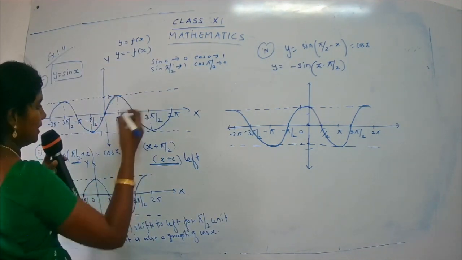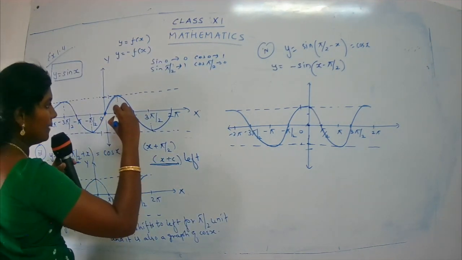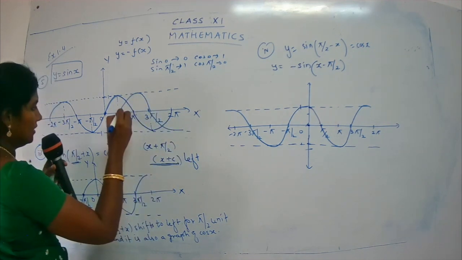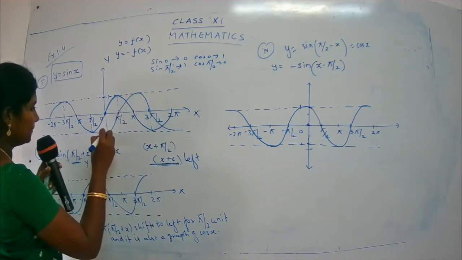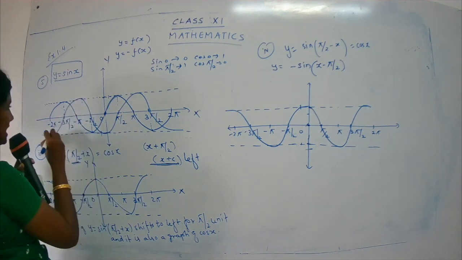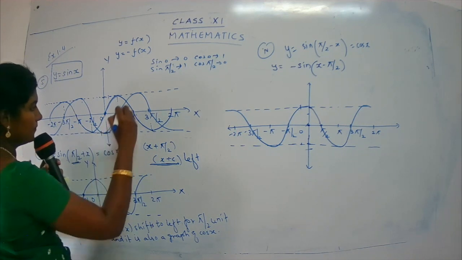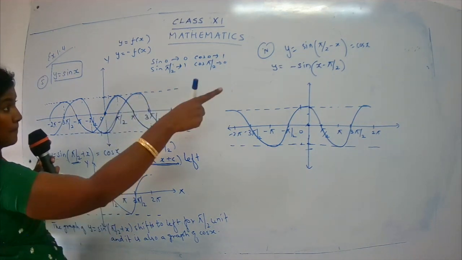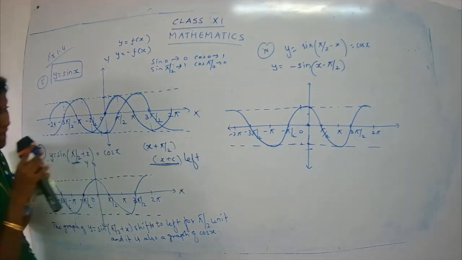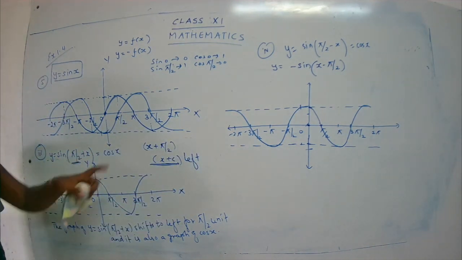Okay. So now it is from 0 to pi by 2. So how your graph is going to be from pi by 2 to 3 pi by 2. And it goes like this. And from here to here. And then from here to here. It goes like this. So from here. So now it's minus. See. So I have just done that part. This is the answer part. I have just done that directly.